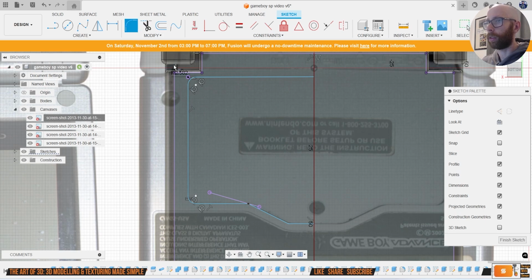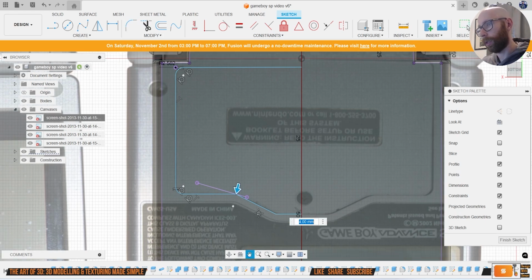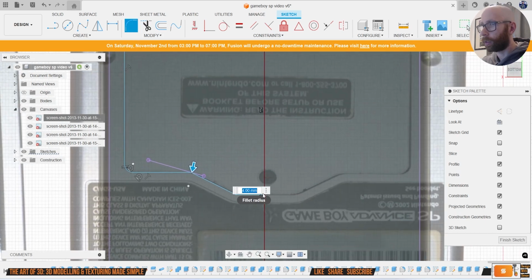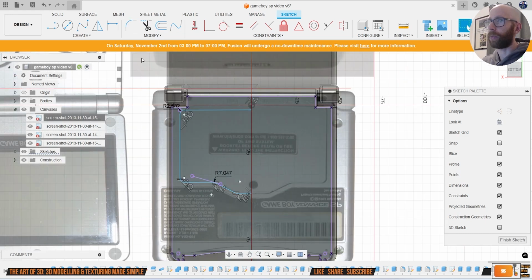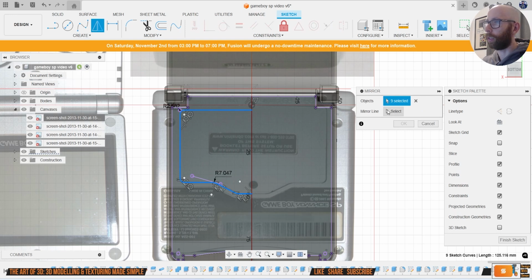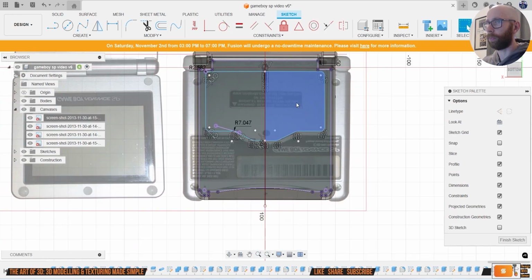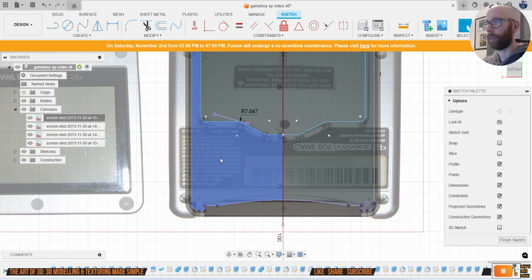Enter. Fillet this one as well a little bit, and we'll do the same. Move this out of the way. Here as well. Like that. So then we can go to create, mirror, just double click, and then you can select that mirror line. Doing that one. So we've got that profile. Let's do the same